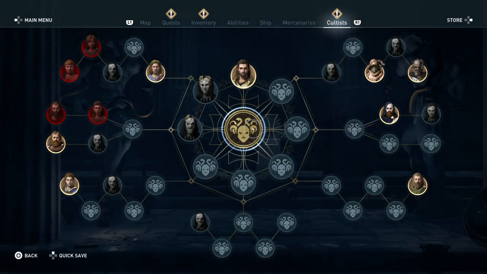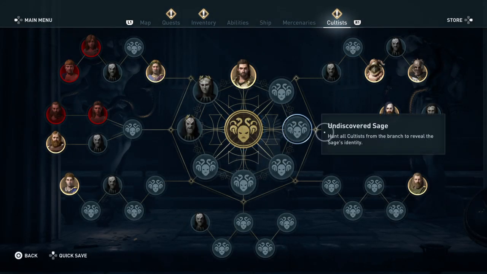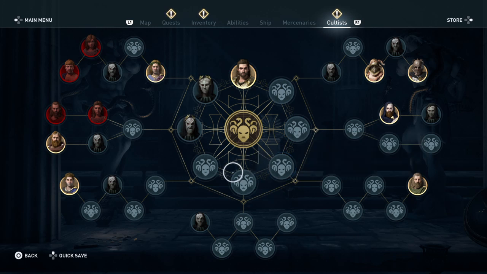So, the antagonists in this game are this cult that has its hands in everything, politically and economically, etc. And so there are 7 different factions within the cult. Each one with a leader and 5 subordinate lieutenants.